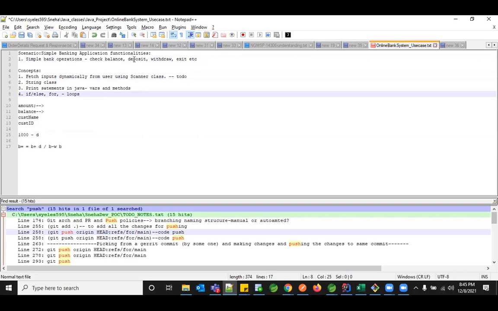If he's checking the balance, you have to return him some value. If he deposits, you say your amount has been deposited; if withdrawing, your amount has been withdrawn and your balance is this much. So you are going to give some string message there. These are the three methods we're going to use.